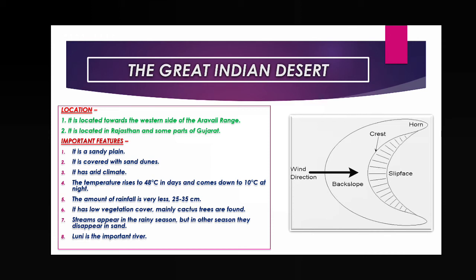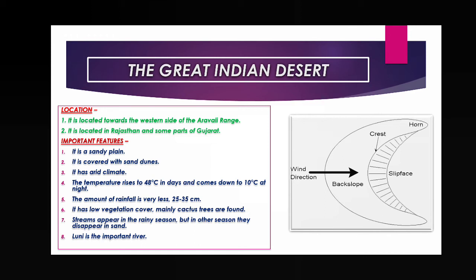It is a depositional activity which is mainly controlled by the wind. The wind deposits the sand, making a small hill, and that is called a sand dune. This sand dune moves from one place to another according to the direction of the movement of the wind. So sand dunes are depositional landforms formed by the wind in the hot desert, or sometimes they may also be found in coastal plains.